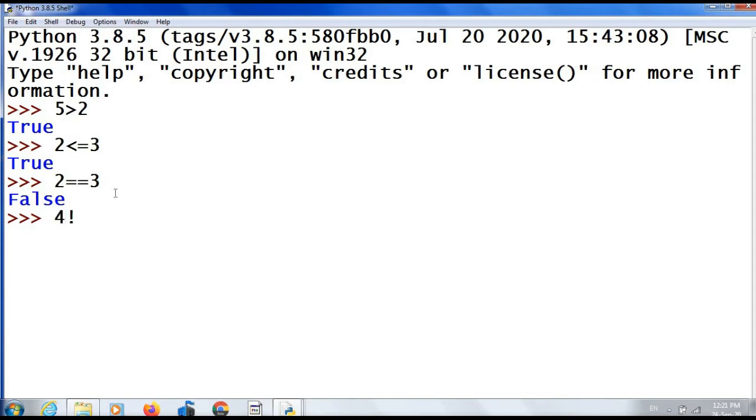4 not equal to 6. It is true. 4 is not equal to 6. Another example, A equal to 3, B equal to 5. A greater than B. It is false. Here the values of these variables are compared.